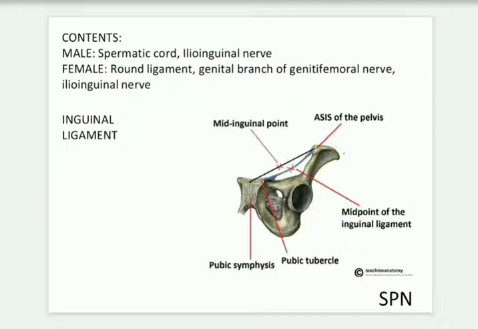Coming to the inguinal ligament, it is also called Poupart's ligament or groin ligament. It is a band which runs from your pubis to the ASIS, as you can see in this picture, and it forms the base of the inguinal canal. It has attachments to muscles like the lateral 2/3 of the internal oblique muscle, the transversus abdominis from the lateral 1/3, and cremaster muscles forming the attachments to the inguinal ligament.